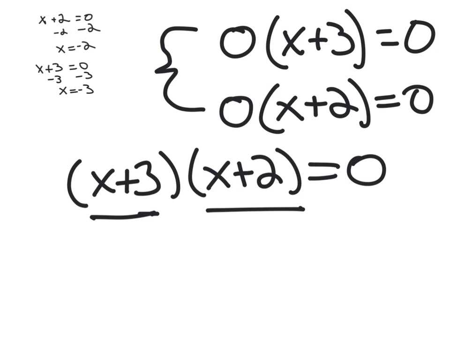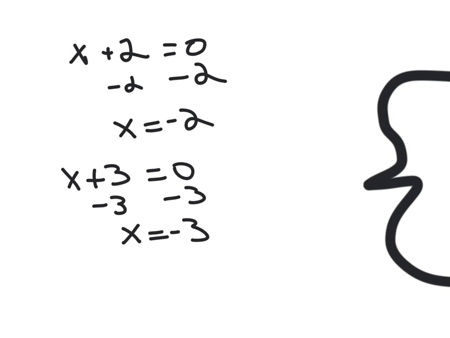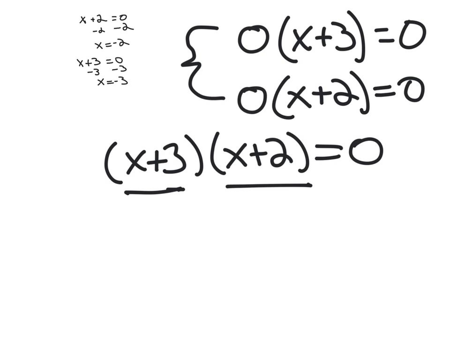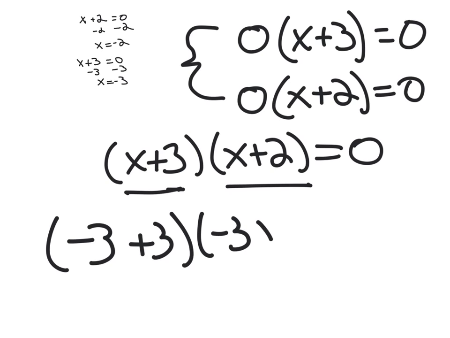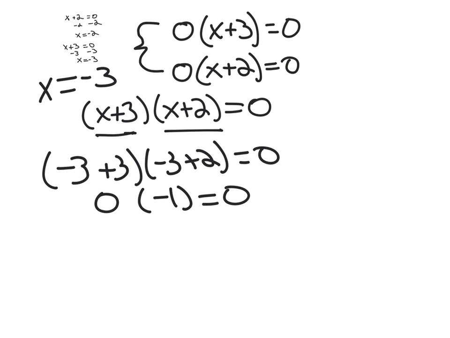So, for instance, we know that x plus 2 equals 0 means x equals negative 2, or for x plus 3 to be equal to 0, x has to equal negative 3. If that's true, and I want to set these binomials equal to 0, I can do negative 3 plus 3 times negative 3 plus 2, and that gives me 0 times negative 1, which is 0, so that works out. So x could equal negative 3, or